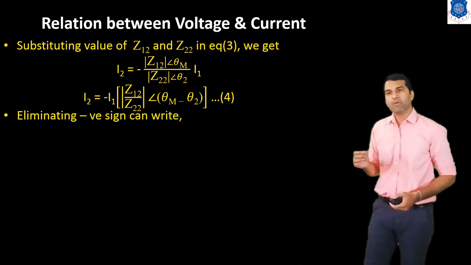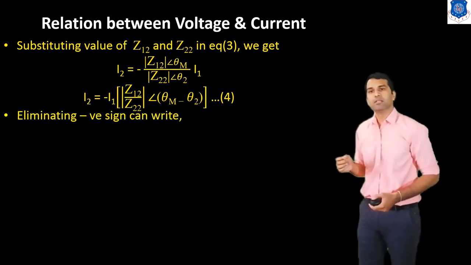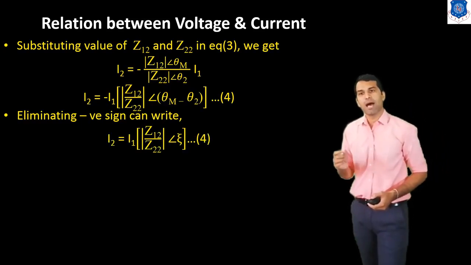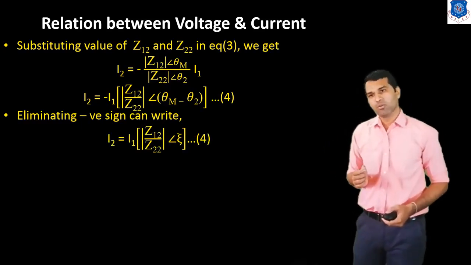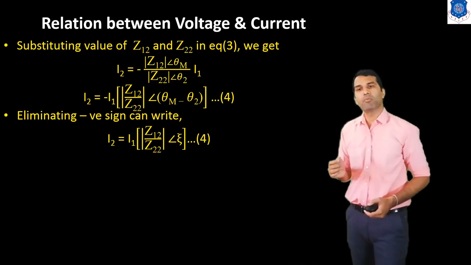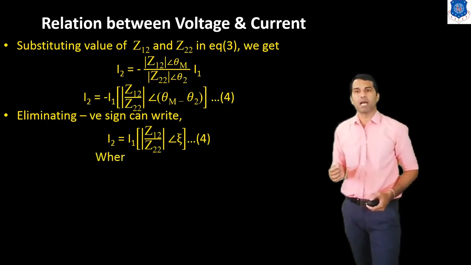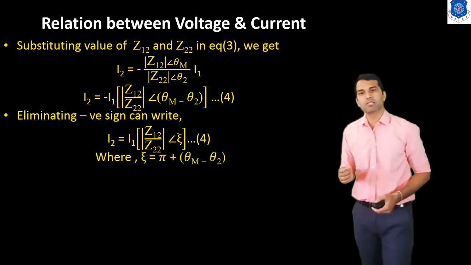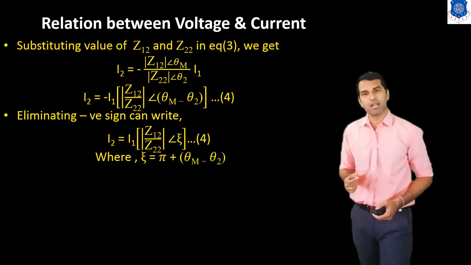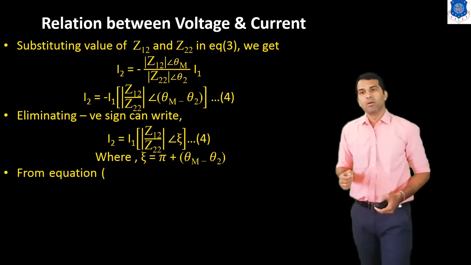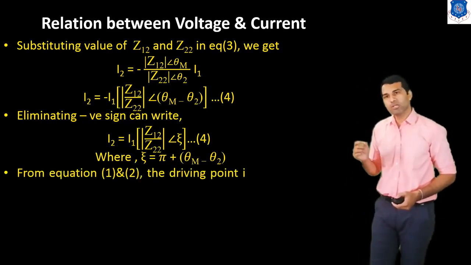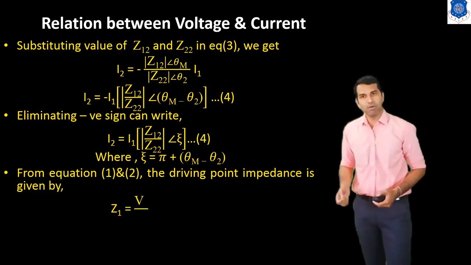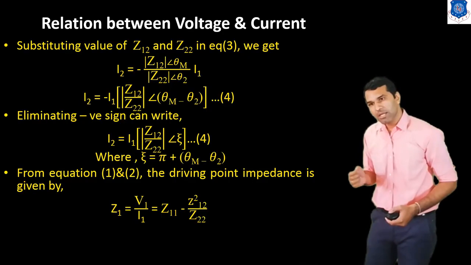Now, eliminating the minus sign, we can write I2 is equal to I1 times Z12 upon Z22 into eta. Here this eta indicates pi plus theta m minus theta 2. From equation number 1 and equation number 2, the driving point impedance is given by Z1 is equal to